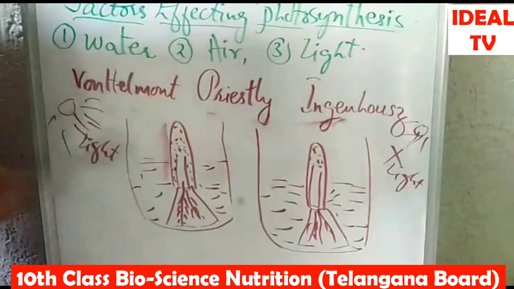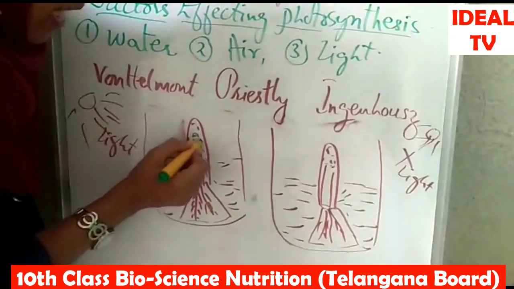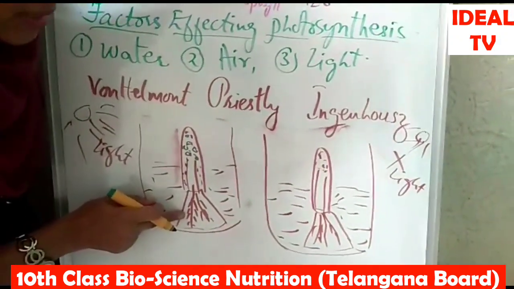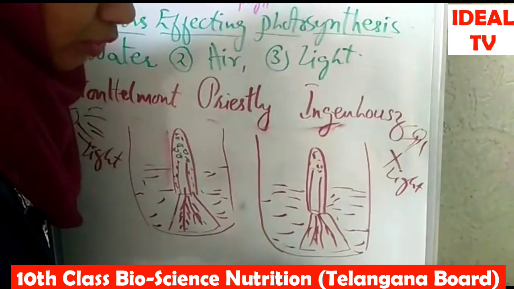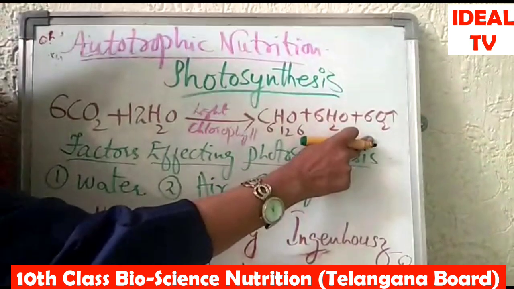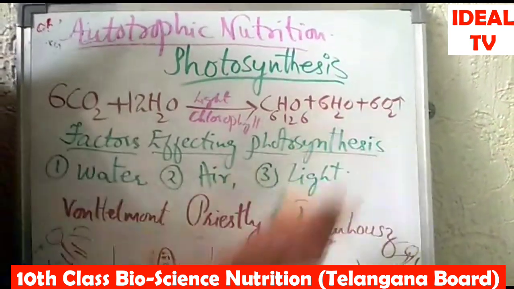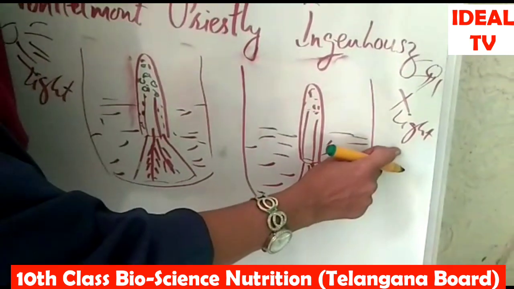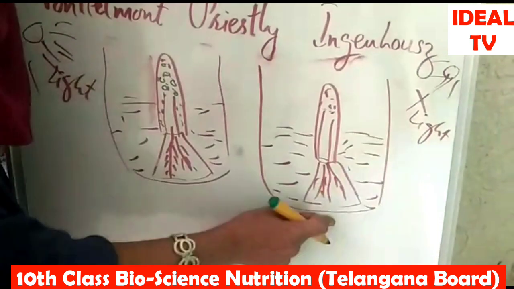So in the presence of light, the plant produces gas bubbles. This means that the plant has undergone the process of photosynthesis, whereas without the light, the aquatic plant hydrilla is not able to produce the oxygen gas which has been given in the equation. As we have said, oxygen gas is produced in the process of photosynthesis. But here we can see that there is no production of oxygen without the light. That's why we can say that light is essential for photosynthesis to take place.